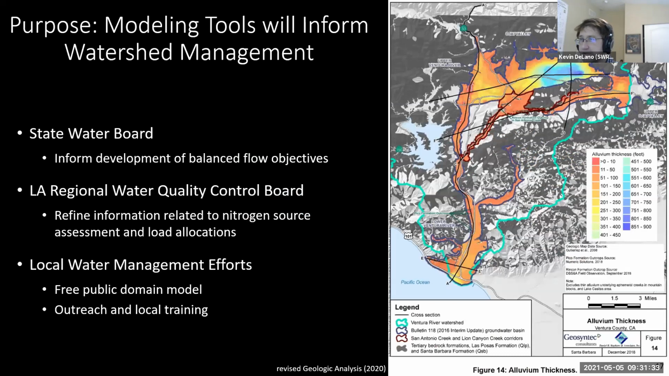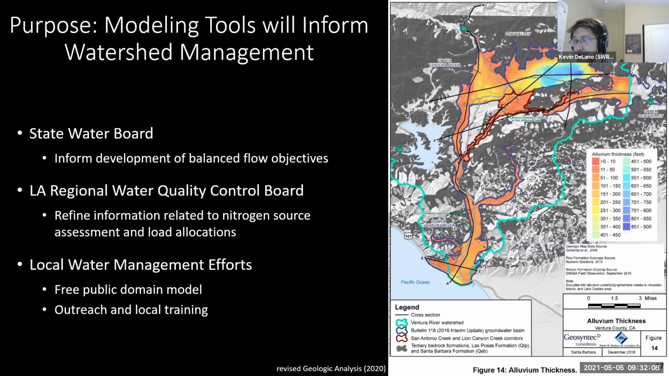Okay, so I'm going to just give a brief technical introduction to the models that we're developing. So the State Water Resources Control Board, our need with the surface water groundwater model is to have a tool. These models are tools. We need a tool that can help inform development of balanced flow objectives. The nitrogen transport model will help the LA Regional Water Quality Control Board understand where nitrogen is loaded into the groundwater, at what quantities, rates, timing, and then how that nitrogen travels through the groundwater and where it daylights into